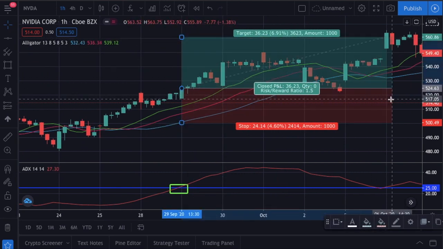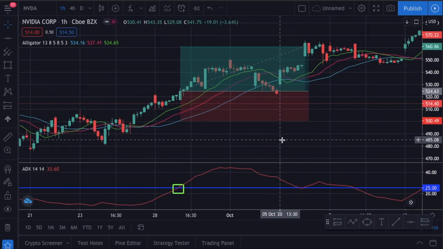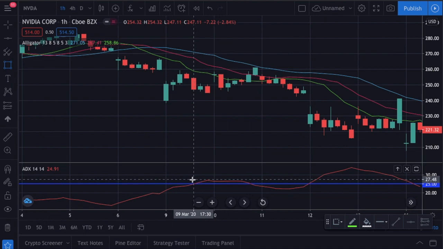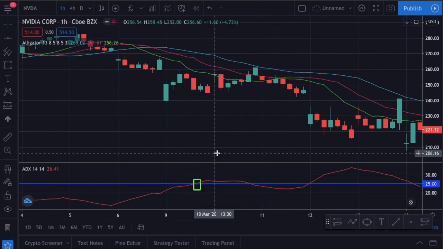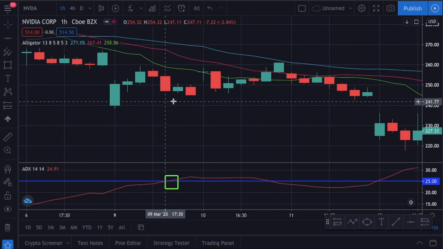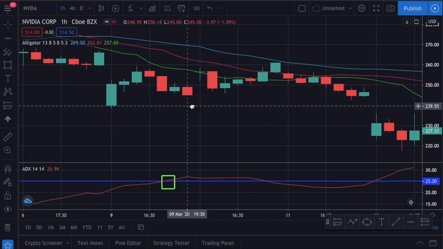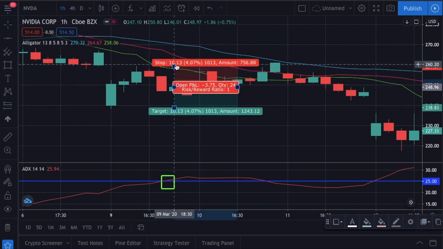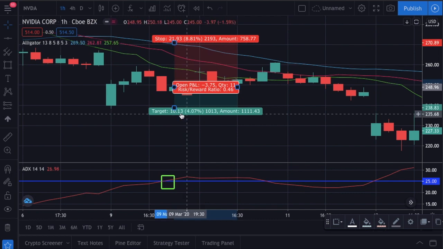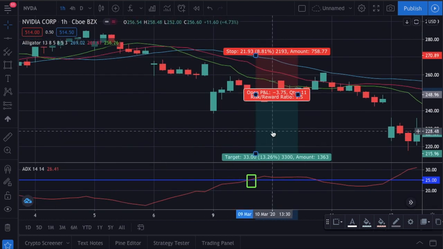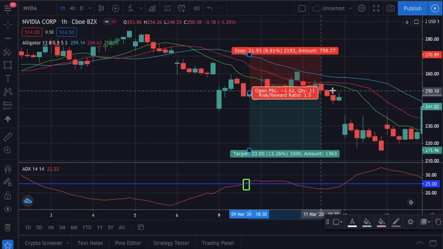I want to show you a short position too, before we finish this strategy. The price is above the lines in this example, so you cannot go long in this situation. ADX crosses above the 25 level, so we know a potential trend might start. We know that price is below the averages, and moving average lines are not close to each other. So, it is a nice time to open a short position. This time, we will put the stop loss slightly over the blue line. Here, perfect.